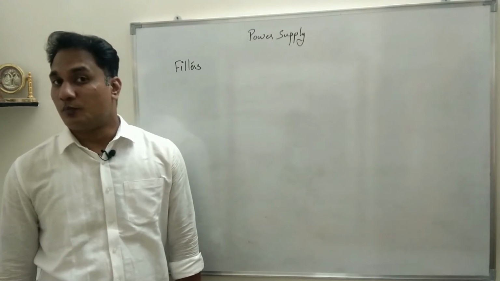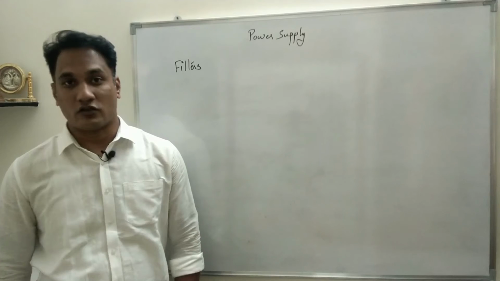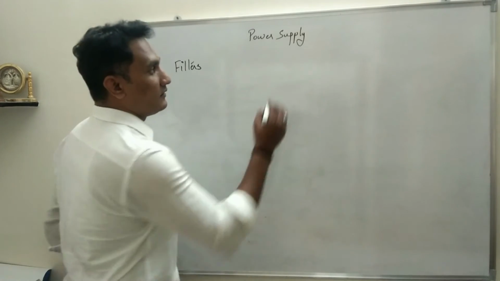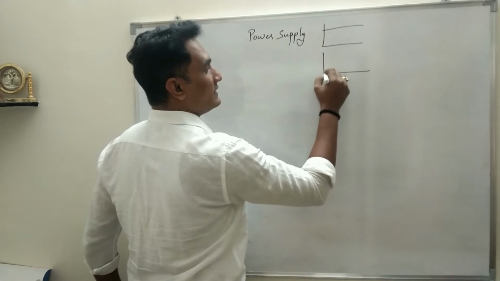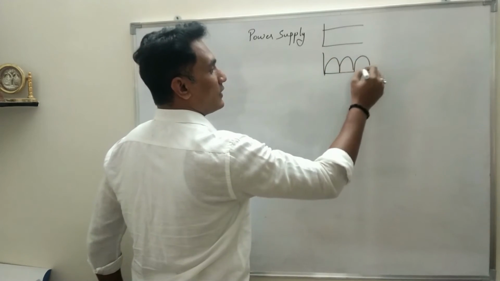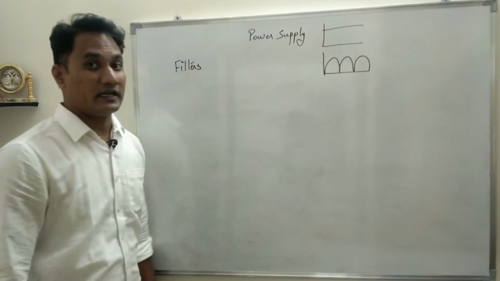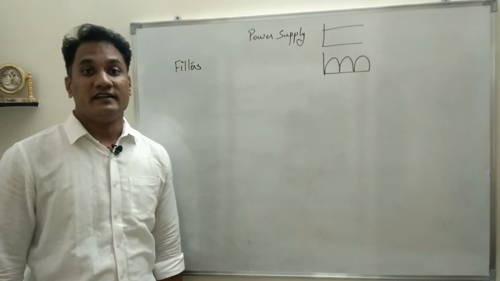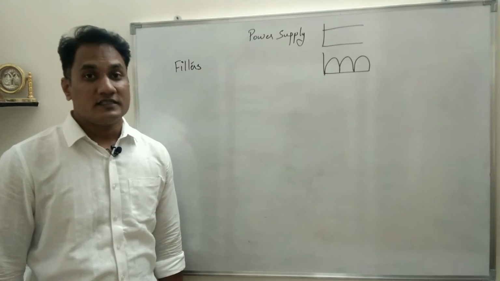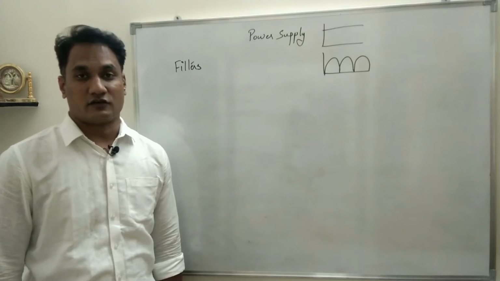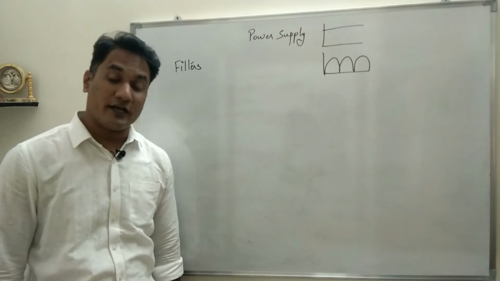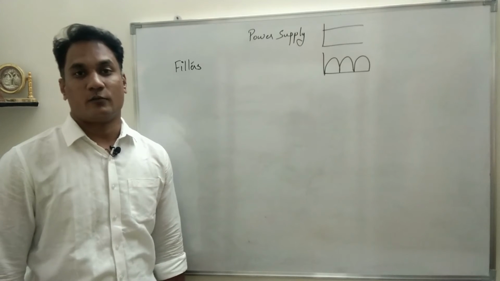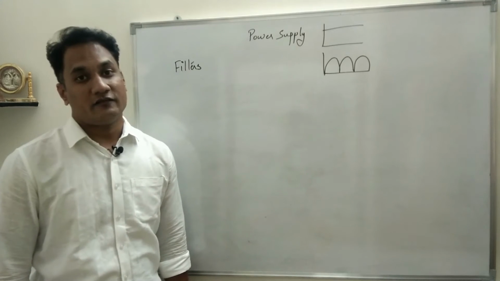But the output of rectifier is not a pure DC, because we are not getting a straight line. What we are getting instead is we are getting the output like this. That means we are getting a fluctuating DC. What is this fluctuating DC called as? It is called as ripples. What is ripples? Ripples is the AC component mixed in the DC component at the output of the rectifier, right?